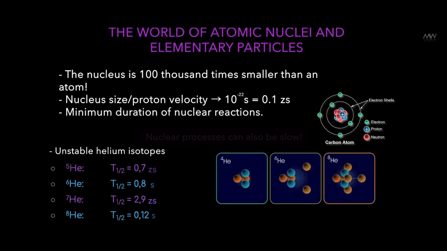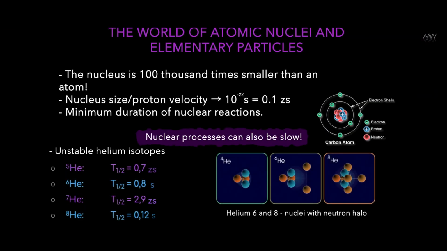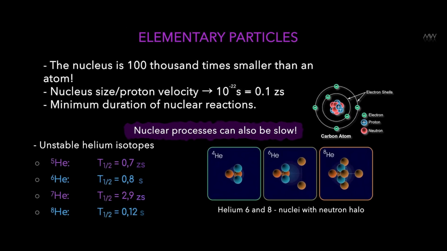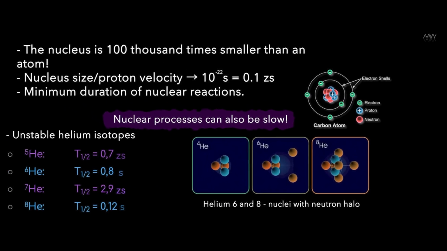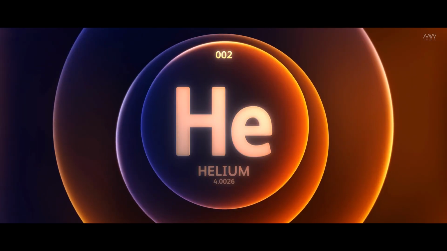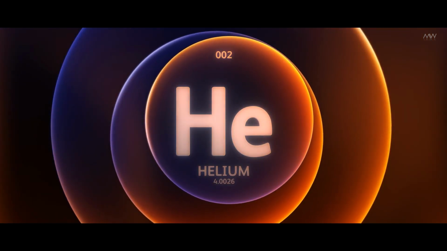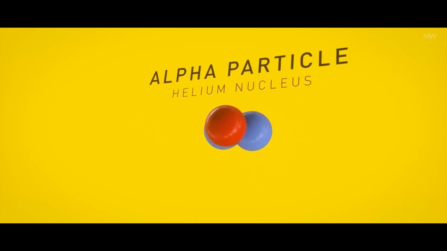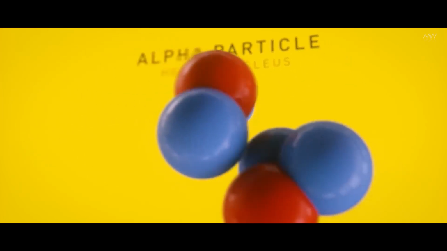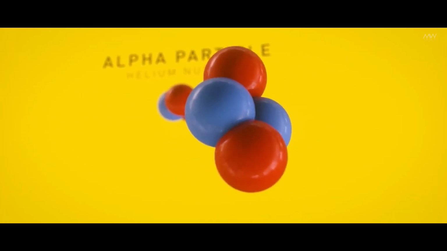Here, for your interest, is the lifetime of some unstable isotopes of helium. Helium contains 2 protons, and it can also contain neutrons. Normal helium is helium-4: 2 protons, 2 neutrons, an alpha particle. It is very stable, it doesn't decay. If you add more neutrons to it, it's a heavier isotope of the same helium, and it's already unstable. It will decay after a while.